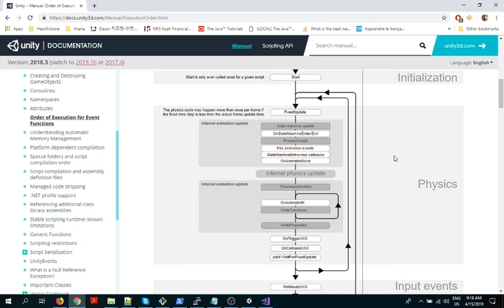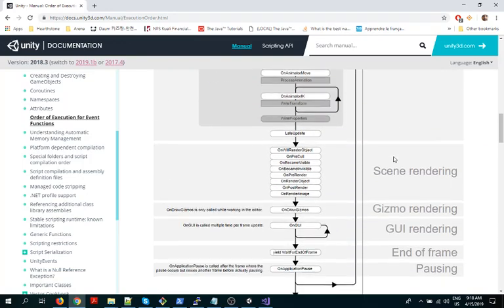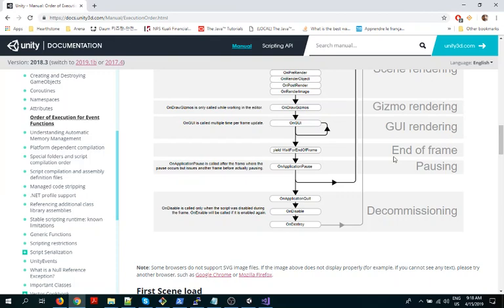Now this inner loop with these hard black arrows coming back, this is the stuff that happens every frame. Actually, let's skip that for the moment and just go down to the bottom. Okay, actually this is the end of the every frame thing. These things down here also happen just once per scene. And this, OnApplicationQuit, OnDisable, OnDestroy, just because there might be certain things that need to be cleaned up. You might need some special stuff to happen. You want to be able to display the user's current score, whatever. You might just want to implement these to do some stuff that just happens one time at the very end of a scene. All right?